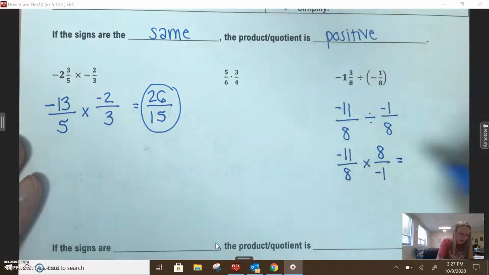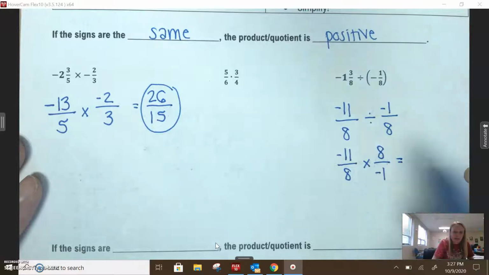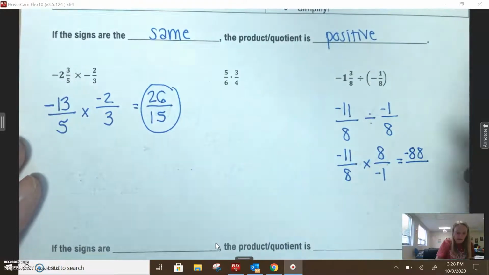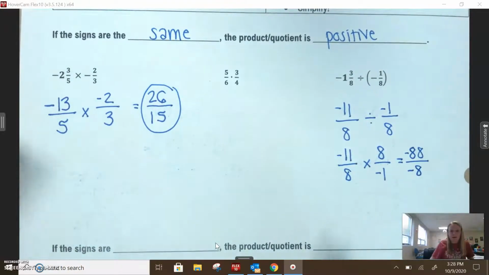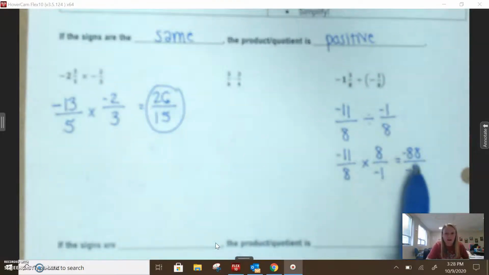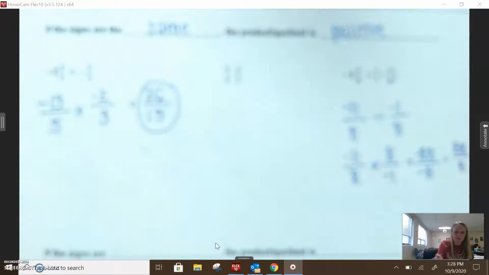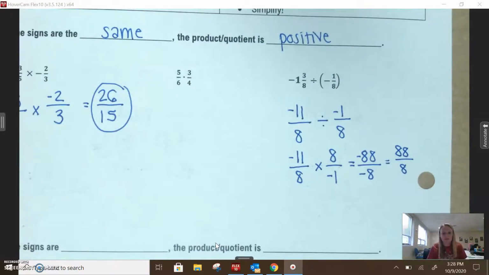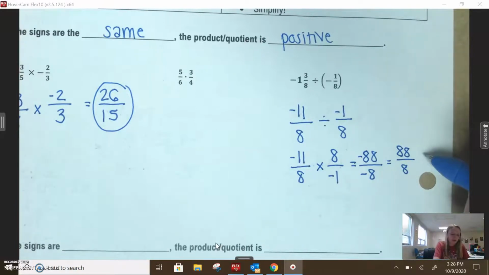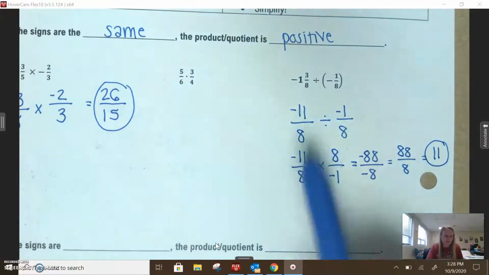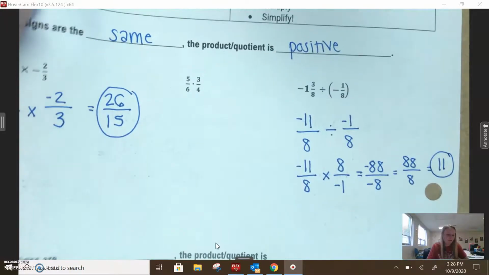So when I do this, now I have a negative on the bottom over here. That's not really going to change much though. So negative 11 times 8 will be negative 88. And then 8 times negative 1 is negative 8. Now if I look at this, kind of like the front, I have a negative divided by a negative, or a negative over a negative. So this is really the same thing as 88 over 8, because 2 negatives makes a positive. Now that I have 88 over 8, you're probably thinking, well, that's easy to simplify. That's going to be 11. So 11 would be our final answer here, and it would be positive because I had a negative divided by a negative. All right,